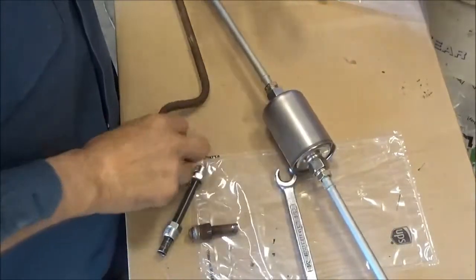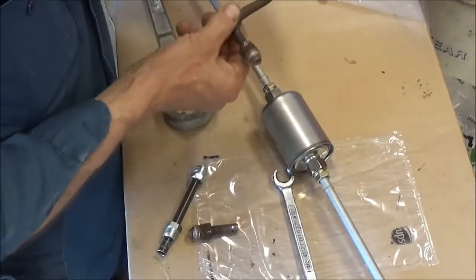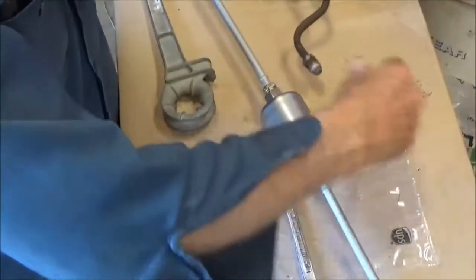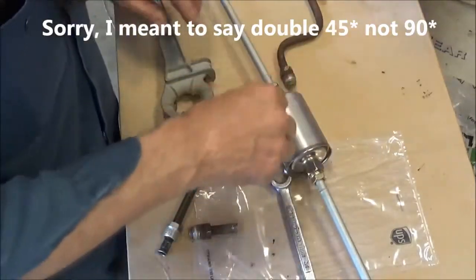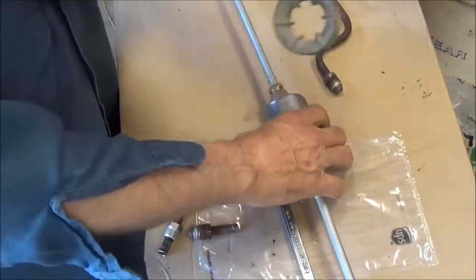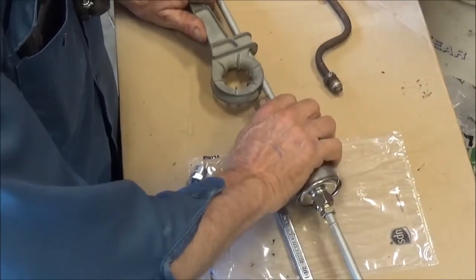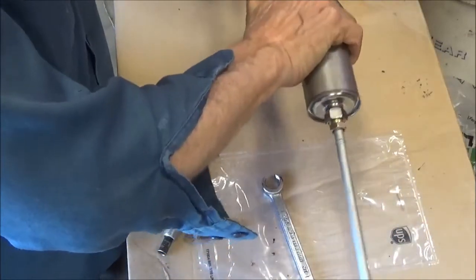I'm going to go on ahead and start making a copy of this. I'm not going to get it this close on this end. I may not even get it completely square. I just might make a long, instead of a right angle square, I might make a 90-degree angle jog in it. But anyway, I'm going to use one of these tubing benders that I don't use very often, but we'll just go on ahead and